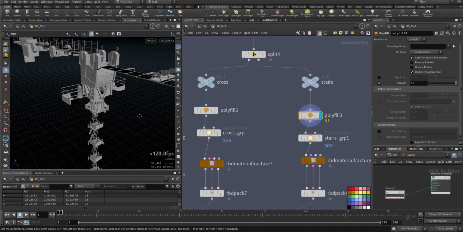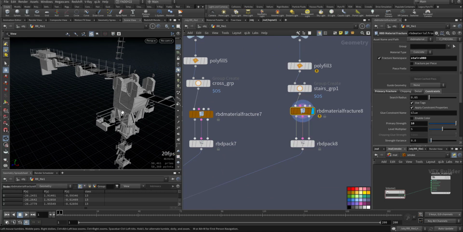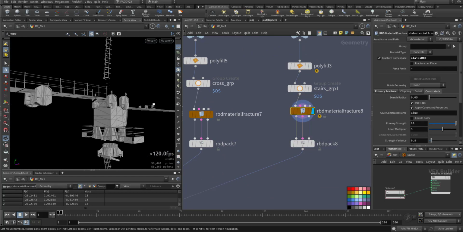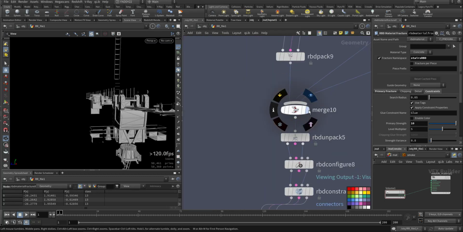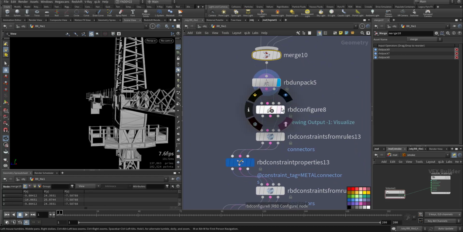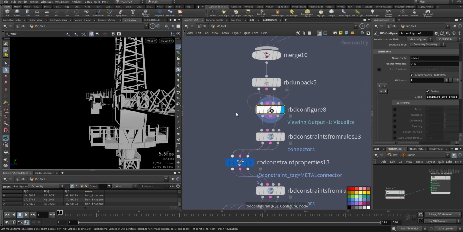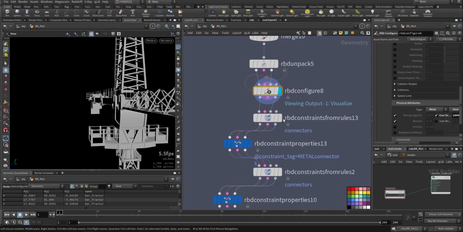The rest of the parts I don't want to simulate; they will be a byproduct of the main simulation. And packing it, RBD configure to make it metal,